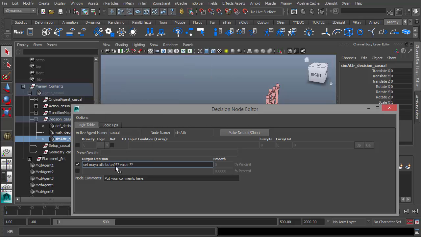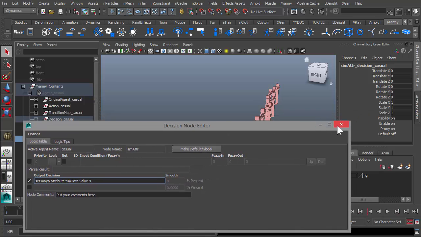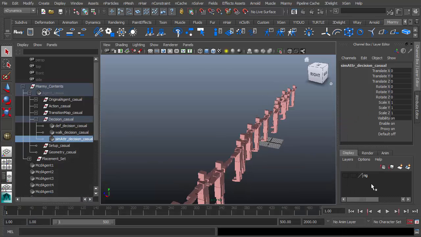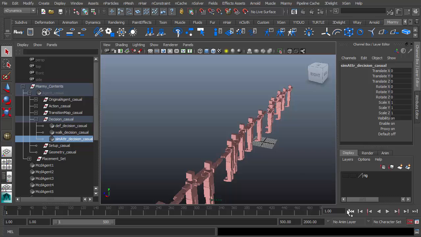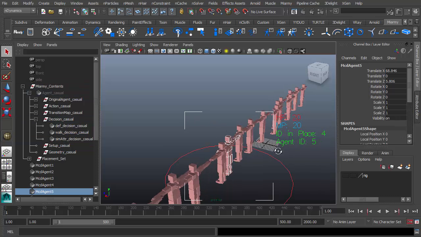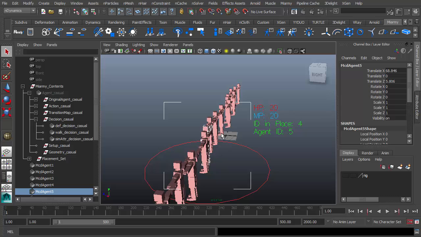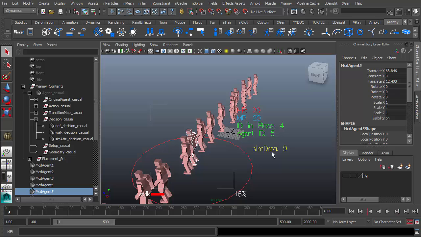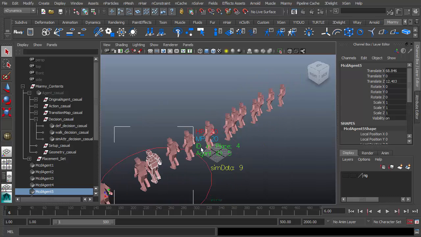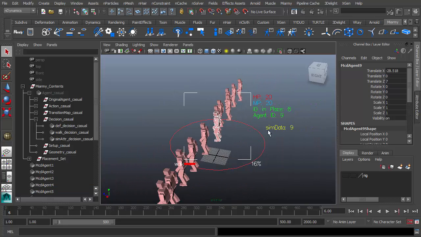The name, you can name it as you wish. For example, sim data, and which value it should be 10, whatever should be okay, or 9. Anything should be okay. And when we click the reset, you can see that there's no attribute that has been created inside of the agent. And when we play back the simulation, you can see that the sim data has been created inside of the memory of the agent. This is the simulation attribute,